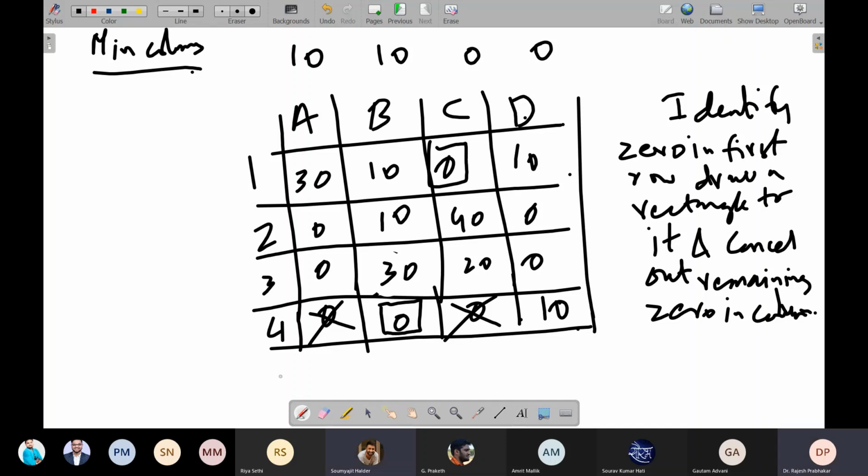First we go row wise, and then we go column wise. Wherever there is a single 0, we will box it out, and then cancel the other zeros in its column if you're going row wise. Second, third, fourth rows have 2 zeros. Then we went column wise. The first column has 3 zeros. The second column has only 1 0. So I box that 1 0 and I strike off the other 0 in the row. Got it?